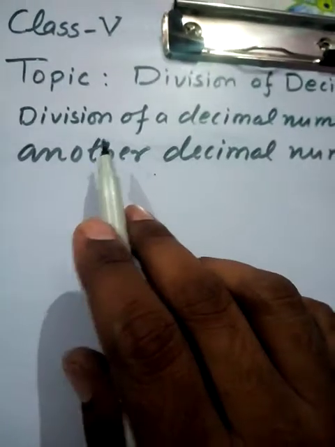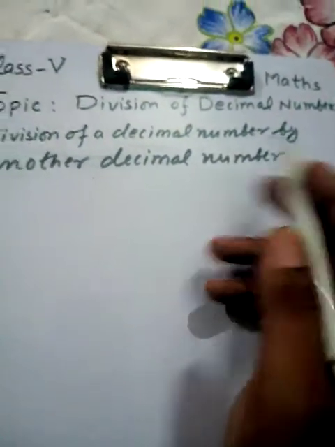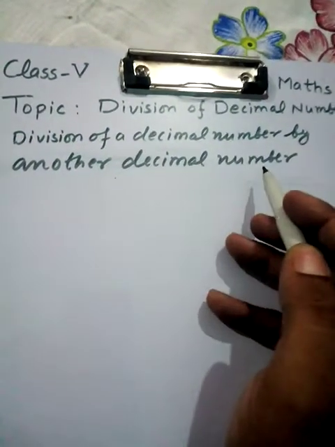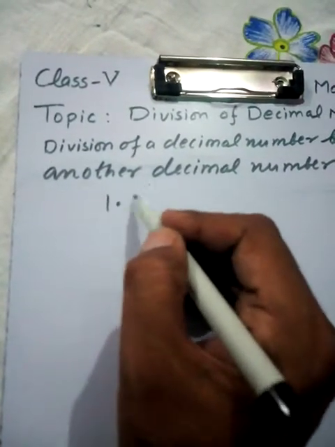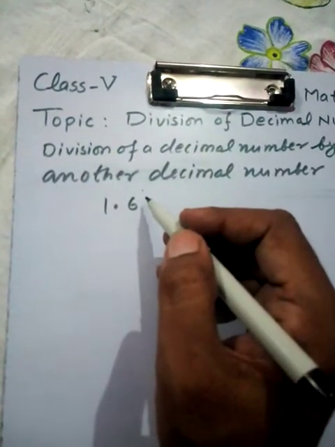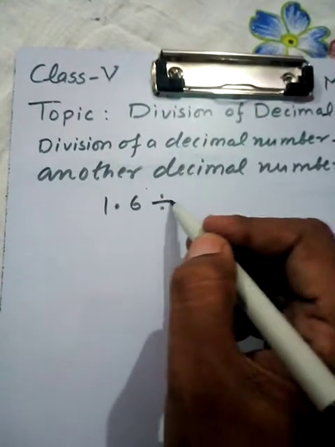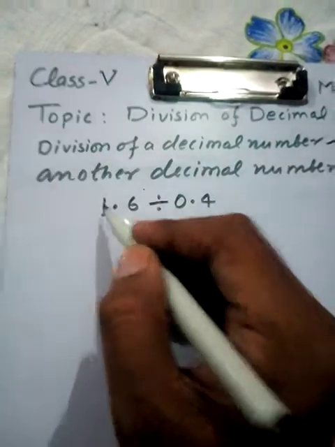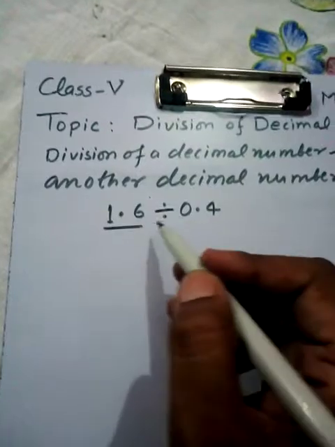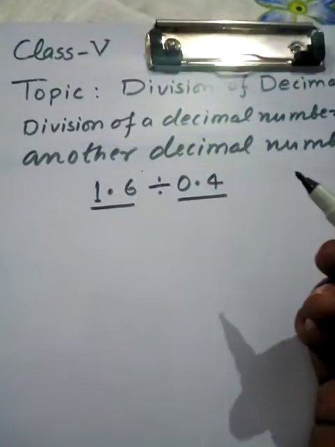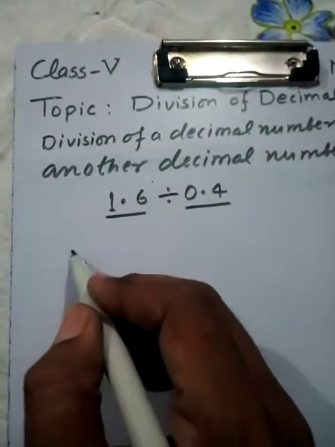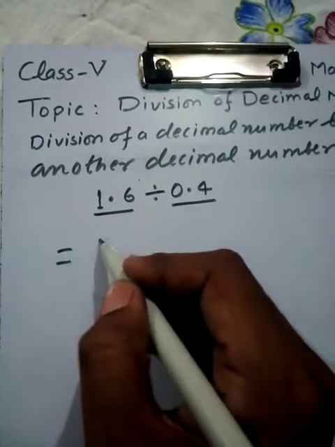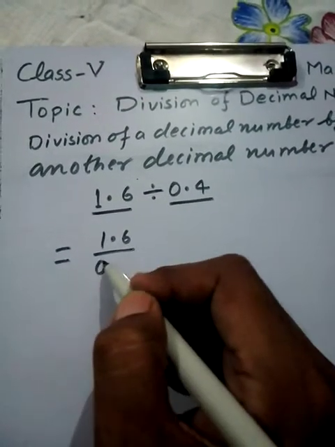Students, here we are going to understand the division of a decimal number by another decimal number. Suppose you have to divide 1.6 by 0.4. This is a decimal number, and this is also a decimal number, and you have to divide these two things. So first you have to write it in this way. This can be written as 1.6 by 0.4,